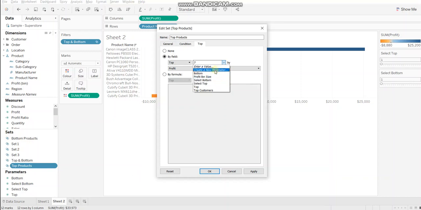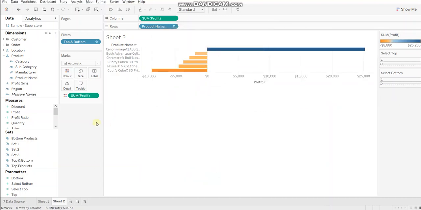So we want top products to get changed using select top. So we have infused the parameter with this set. Now going forward, whenever this parameter gets changed, the set gets updated. Click OK. You'll see for select top, 1 is selected, the visualization automatically got changed and it's showing just one value now.